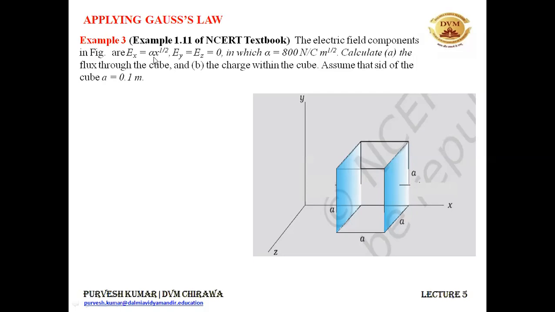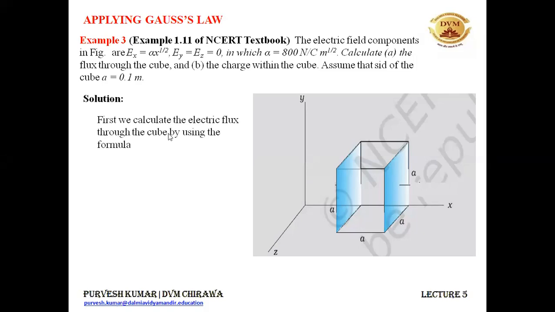So whatever be the value of this, say this is our x-axis. So this x is the distance. It means the electric field is depending on the length x, and that's why we can say that it is length dependent or dependent on the distance. Along the y and z axis, the electric field component is 0. The value of alpha is given to you. Let's try to solve it out. Please solve this problem in your copy alongside. Please do that.